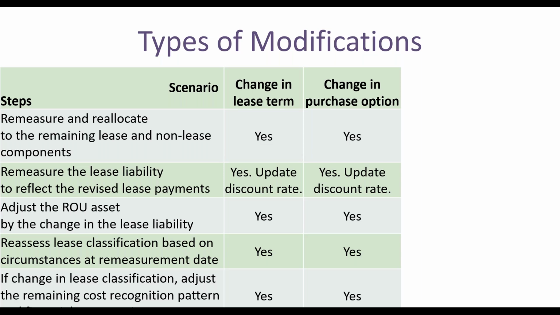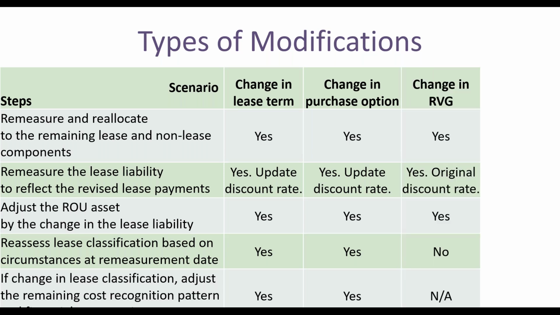You would have to adjust your ROU asset. You might have to adjust classification, that kind of thing. But then there are two other reasons why you might have a modification. For example, maybe you are having a change in the estimated residual value guarantee. Oh, it looks like we might have to pay less or pay more based upon how our asset